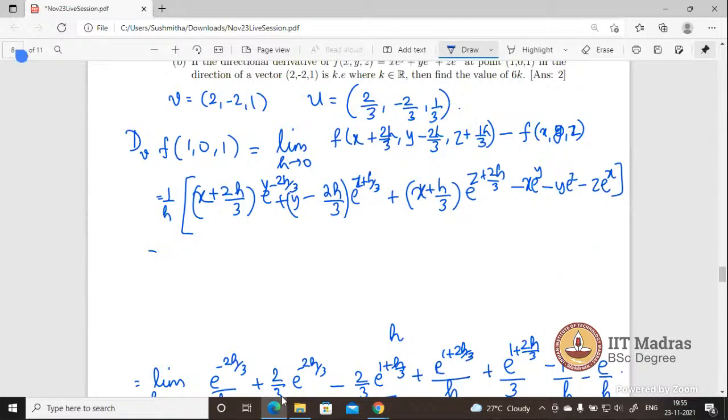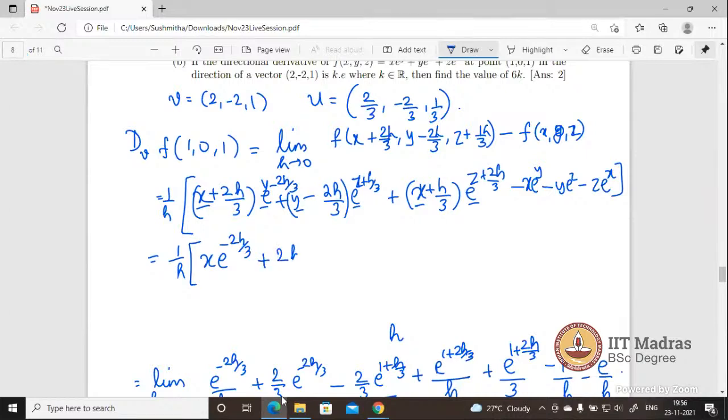But that shouldn't be the case, right, ma'am? I mean, it should work both ways. X e power y, there's one here, and then y e power z is there. X e power z, everything is there. And then I will be left with 1 by h times x e power minus 2h by 3